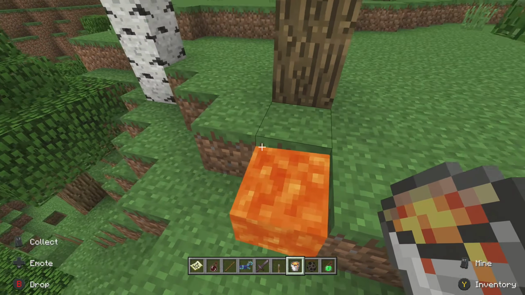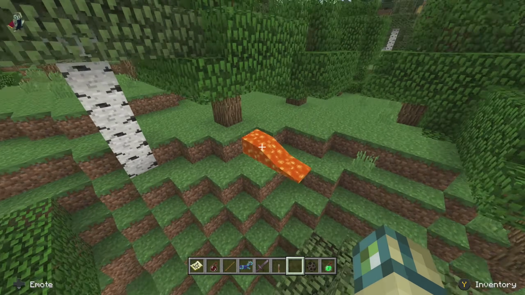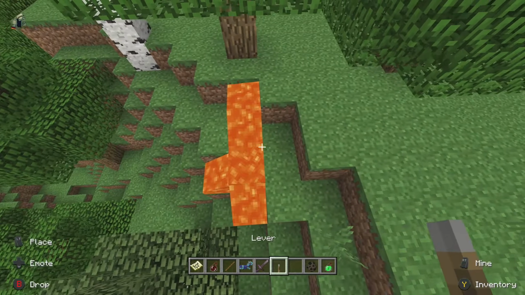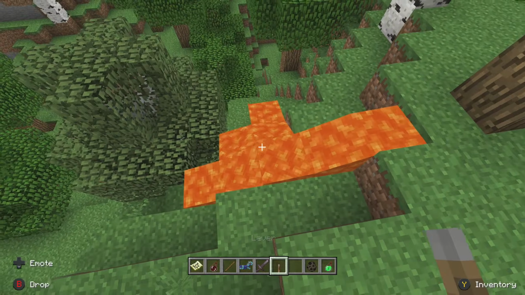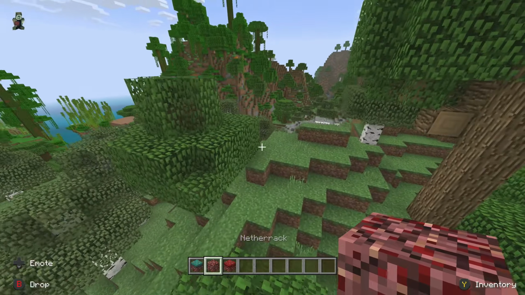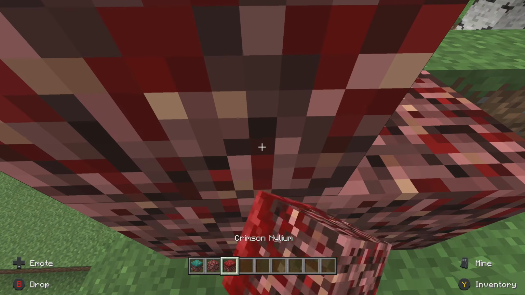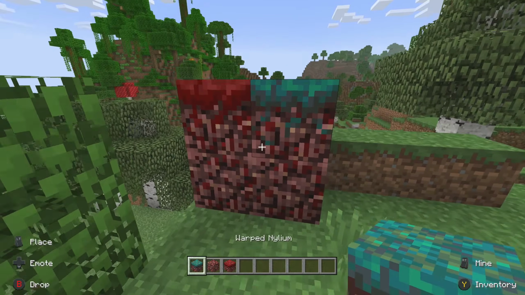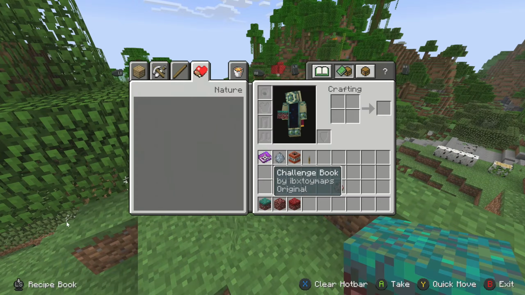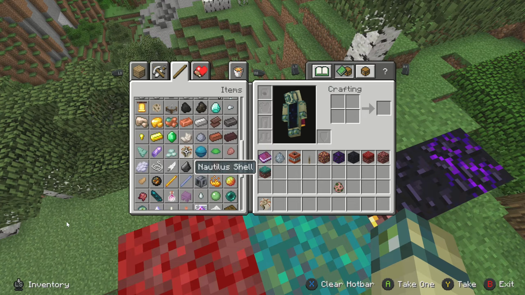For example, lava uses the old Pocket Edition texture instead of the old Console Edition texture, but with 64x enabled, you'll now get the correct lava texture when using classic textures. 64x also fixes a few textures that were added after classic textures and just didn't match anymore, like Nylium, which now matches the side of classic netherrack, nether gold ore, which is pretty much the same situation, the Nautilus shell,